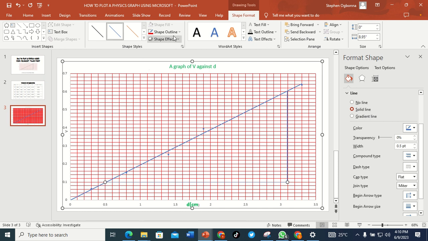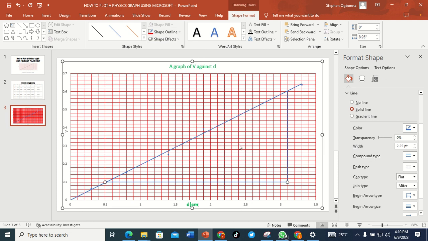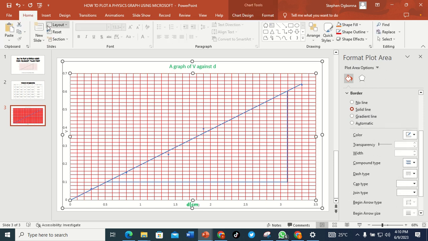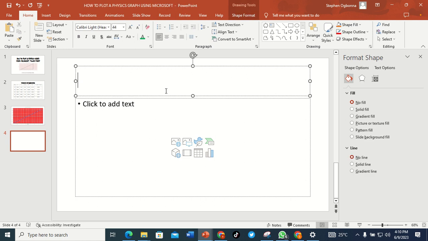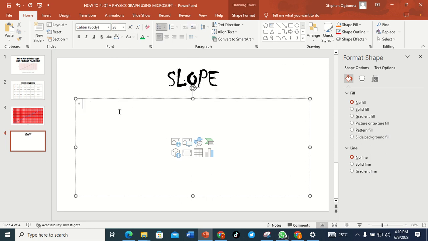So I can also change the weight back to meet up with the other ones. So here you can see I have my graph. So it depends on what you want now. For physics now, they will ask you to deduce your slope. So you just open up a new tab. If you like, you can just write the title, give it every design you want, centralize it, bolding it, choose maybe a setting font that you like. I like Chilas very well. Increase this